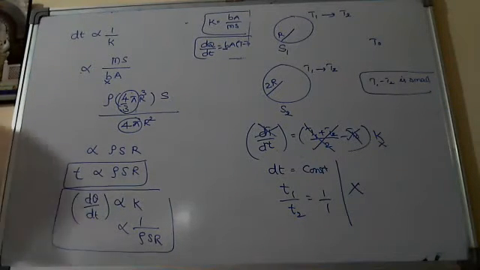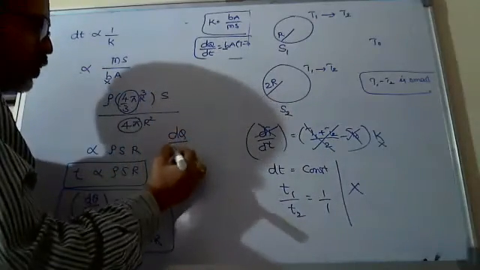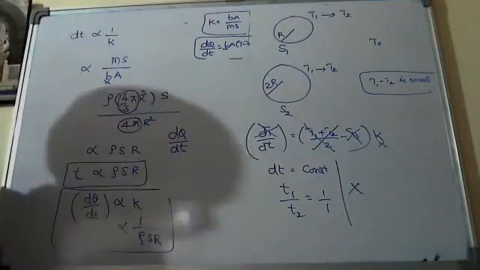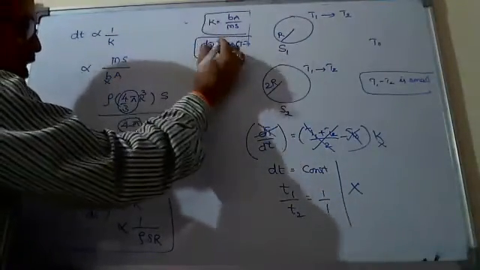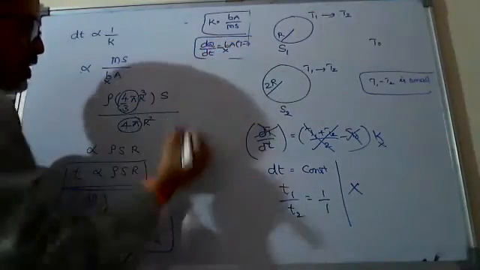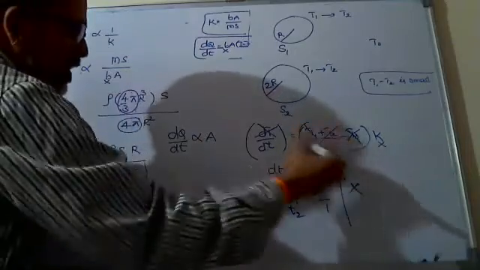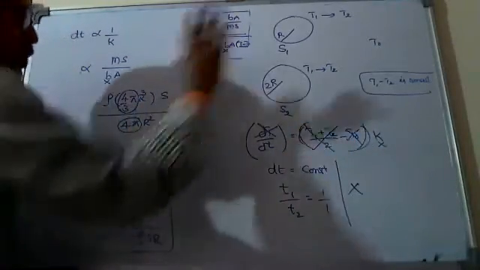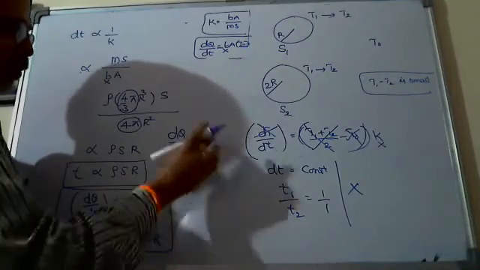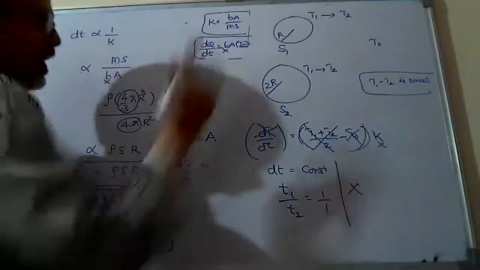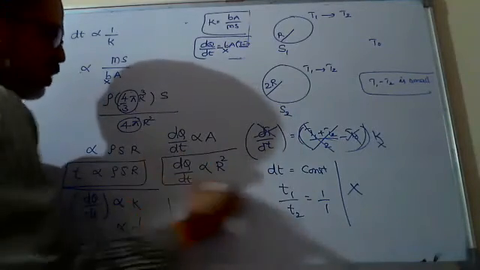And in this case, if they ask what will be the ratio of the rate of loss of heat, this is the equation. In this, B is independent of anything, so B is a constant. So it is directly proportional to area. T minus T naught is a constant. So dq by dt, you can say the answer is directly proportional to only area. Only area means that is 4 pi r square, that is directly proportional to r square.